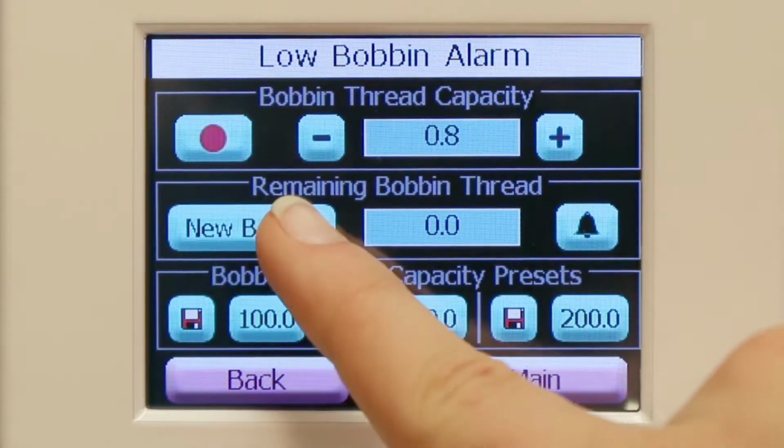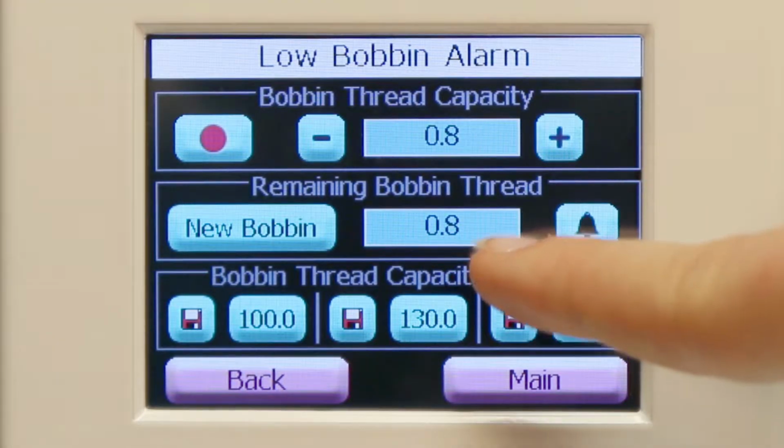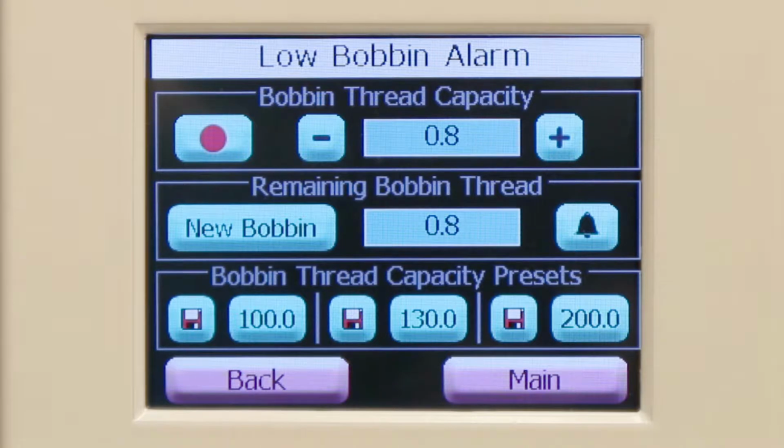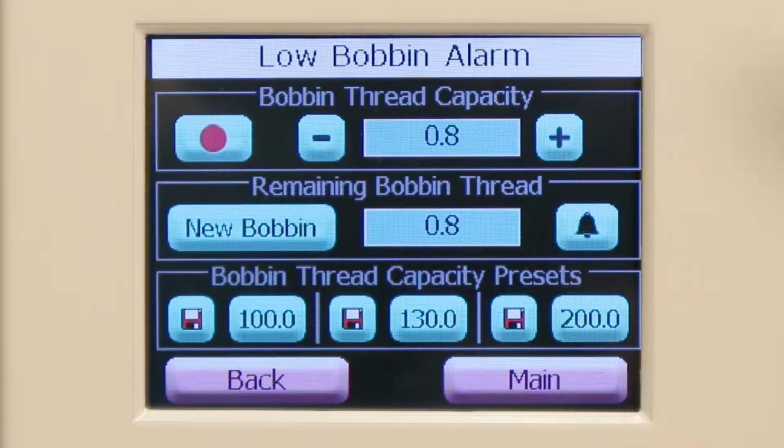So what you would do is hit New Bobbin and notice that it changed your remaining bobbin thread number to 0.8. But because 0.8 is the same amount that we actually recorded, that means the machine is going to alarm us when we've actually run out of thread. But we want to know when we're close to running out of thread so we can find a good stopping